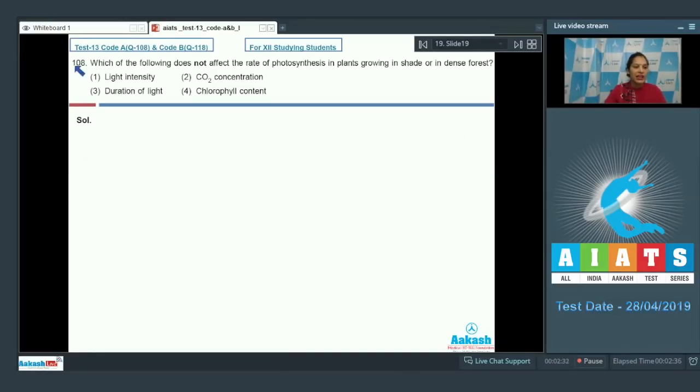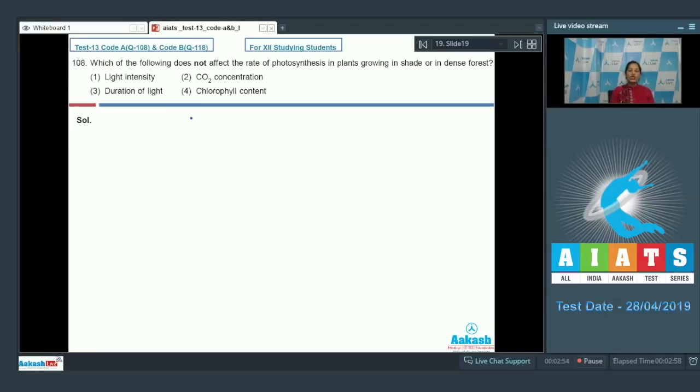Question number 108. Which of the following does not affect the rate of photosynthesis in plants growing in shade or in dense forest? First option, light intensity. Second, CO2 concentration. Third, duration of light. Fourth, chlorophyll content. The plants which are growing in shade, they are sciophytes, and the rate of photosynthesis is not